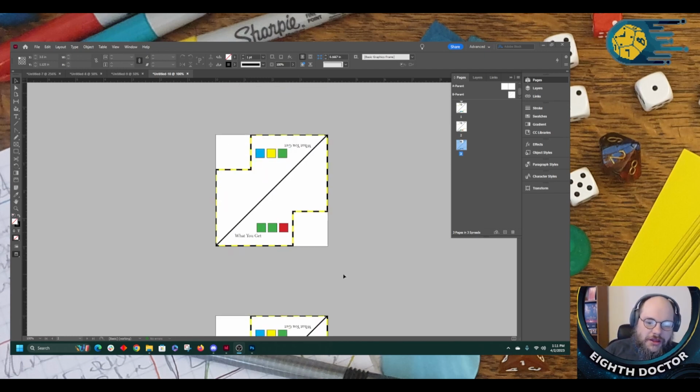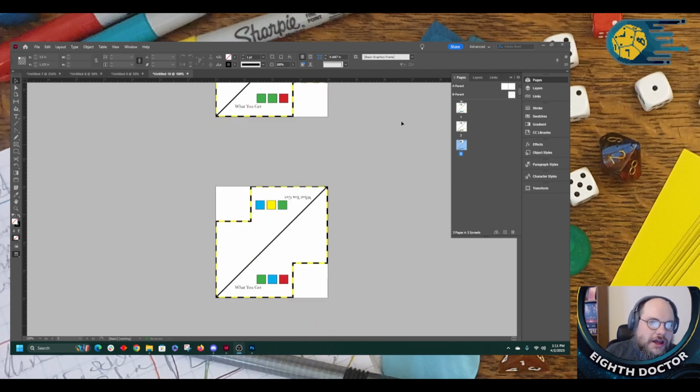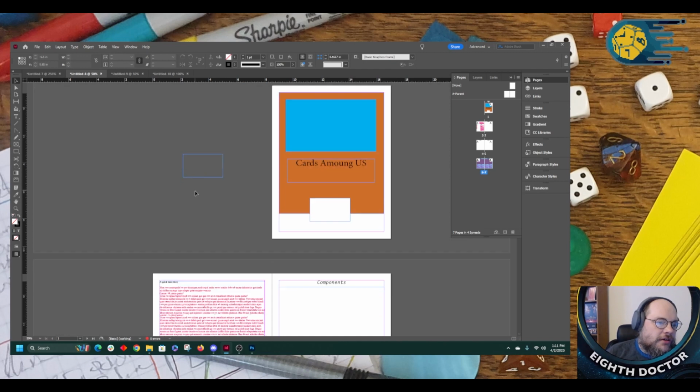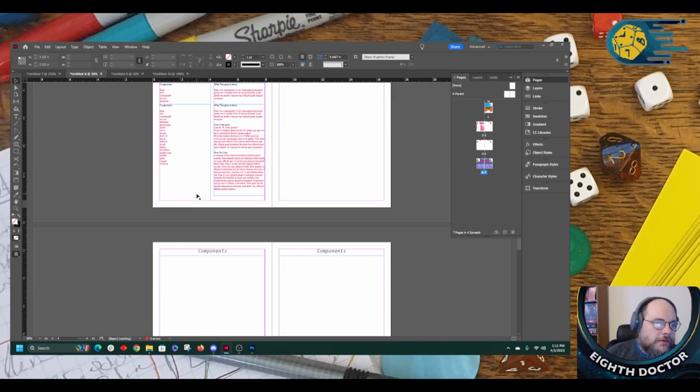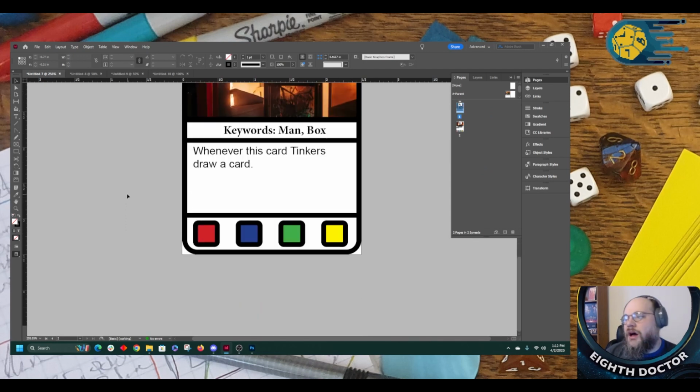Okay, cool. So I now have made a bunch of locations. I have made tokens for our game, and I've started working on laying out a rule book and cards. Depending on what you kind of want to do in a game, if you're trying to do a print and play game, cards are great